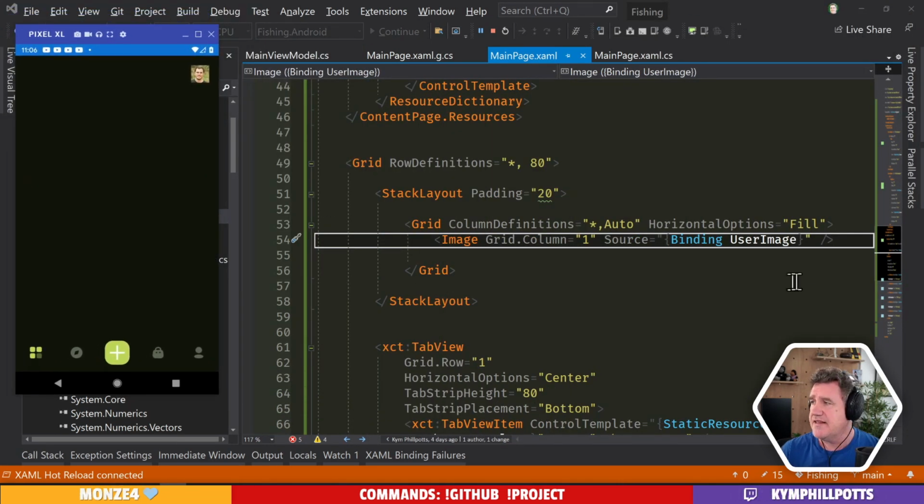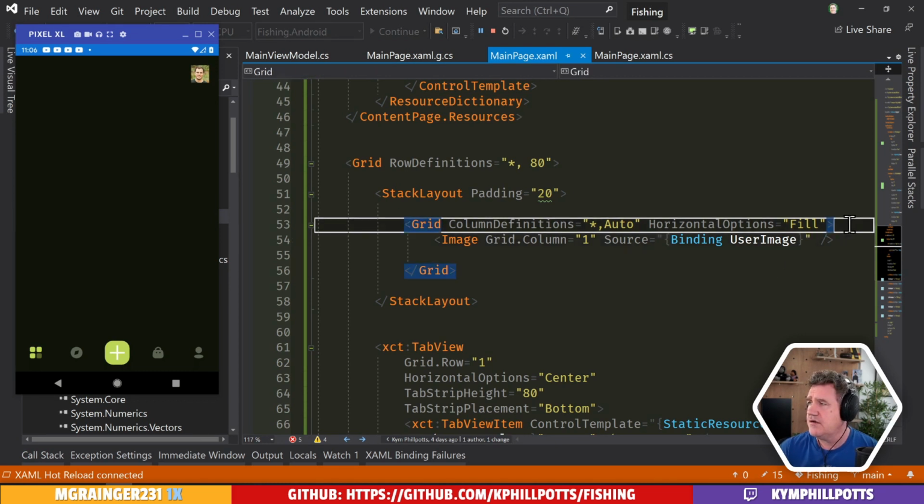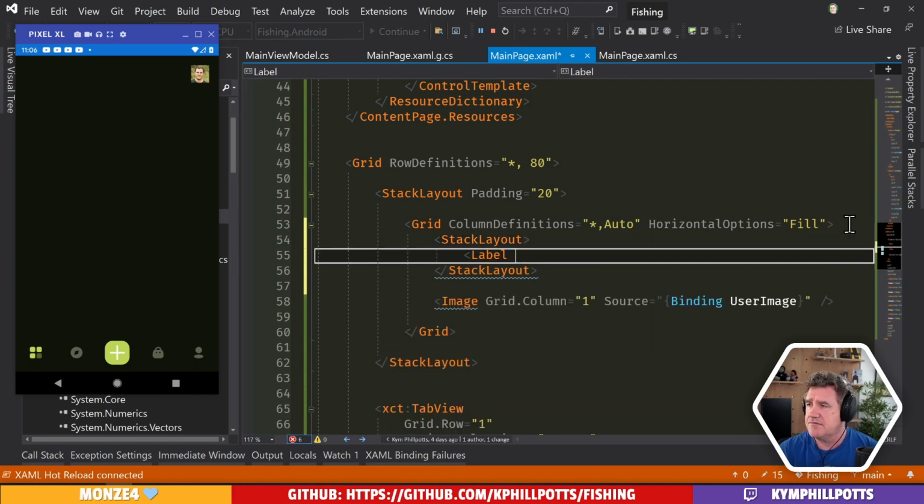All right, there's a teeny tiny user image over there, we like. All right. Why don't we add a little bit of text into the first section? So let's put in a stack layout, and we'll have a label in here, which has our text, which is,